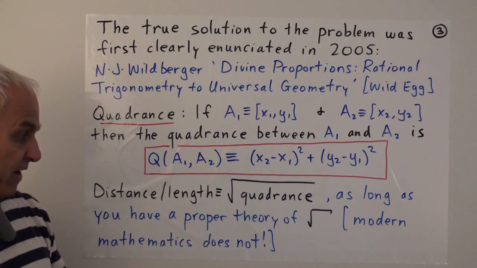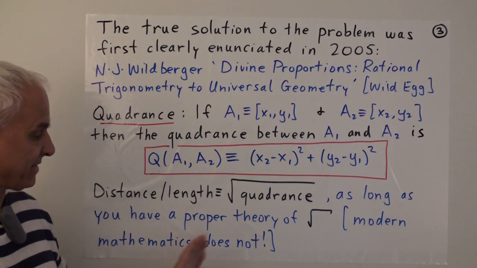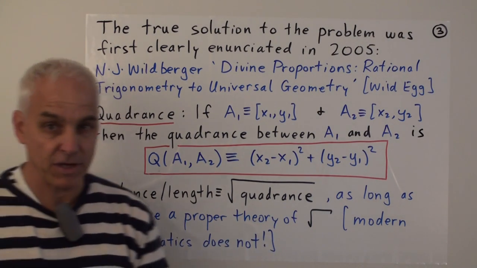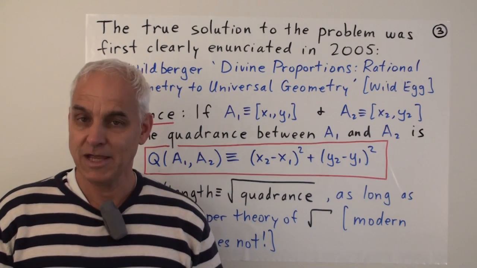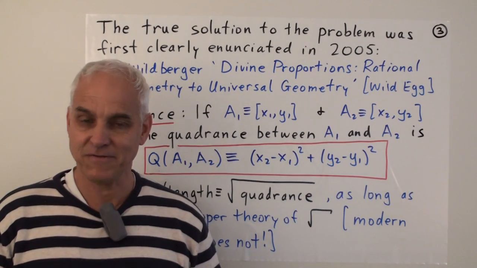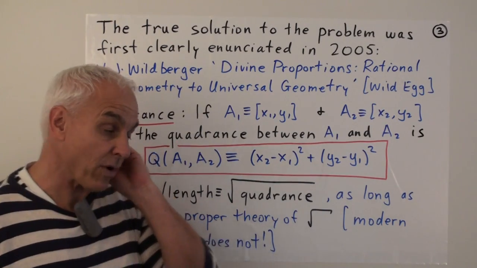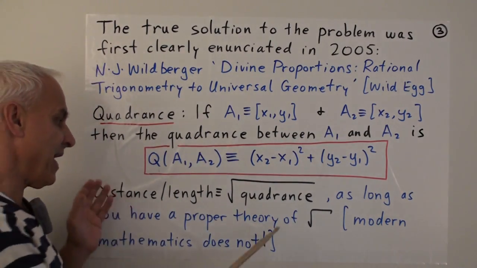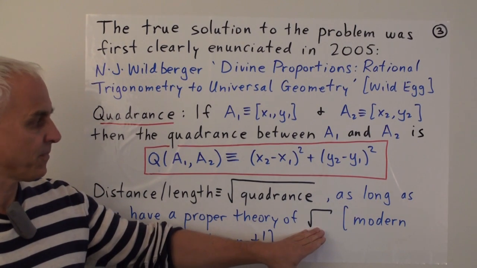As I explained in my Math Foundations series, this is highly problematic. Modern mathematics does not have a proper theory of square roots. I know this may sound heretical, but if you look at my Math Foundations series, there's one called something like "Uncomfortable truths with square root of 2." Then you will get a sense of the problematic aspect of the square root.